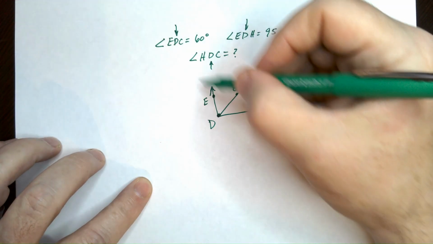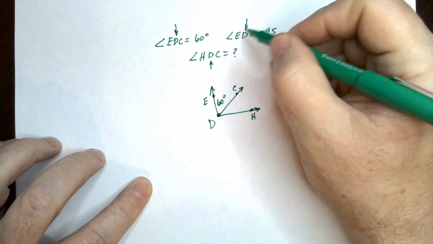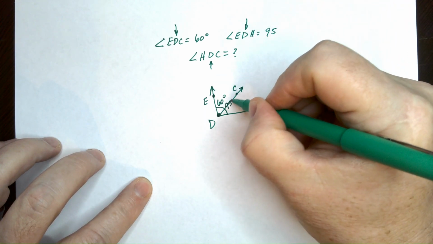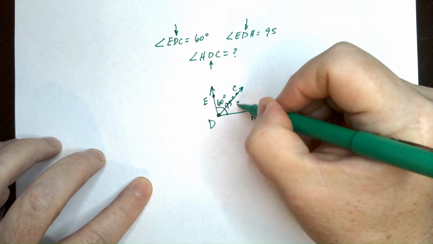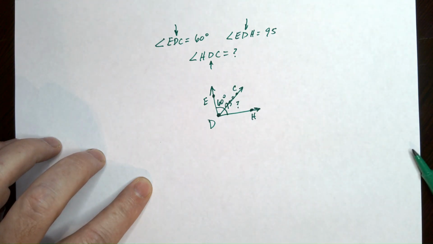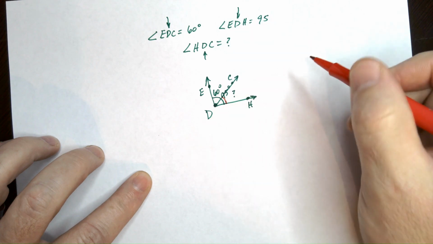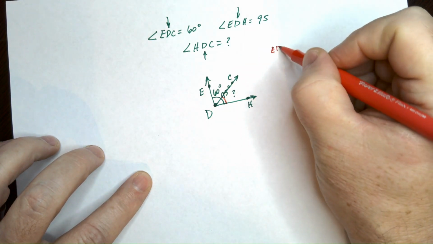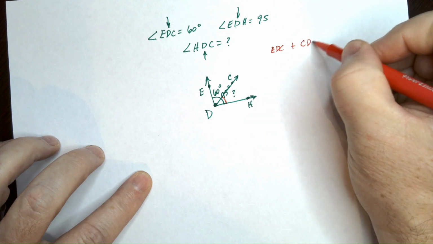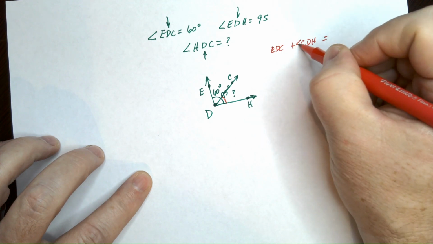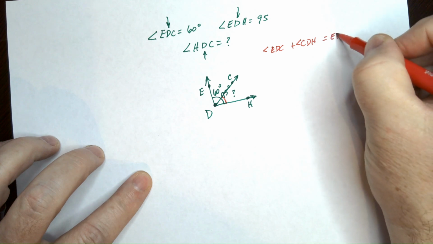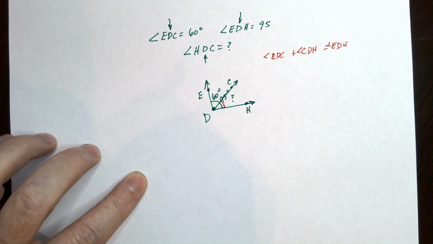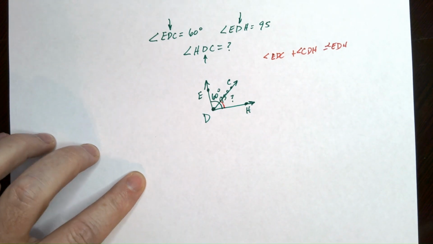So here's what I've got. EDC is 60. EDH, the whole thing is 95. HDC is this part I've got to find right in there. So I've got to find this part right here. So here's what I've got: EDC plus CDH equals EDH. That can be a little tricky to write out. You have to do some thinking about how those letters are working, but it's a good exercise to help you learn how to